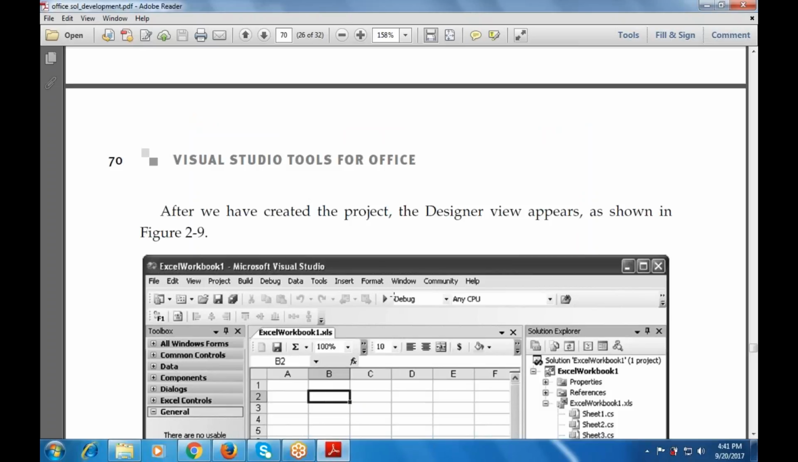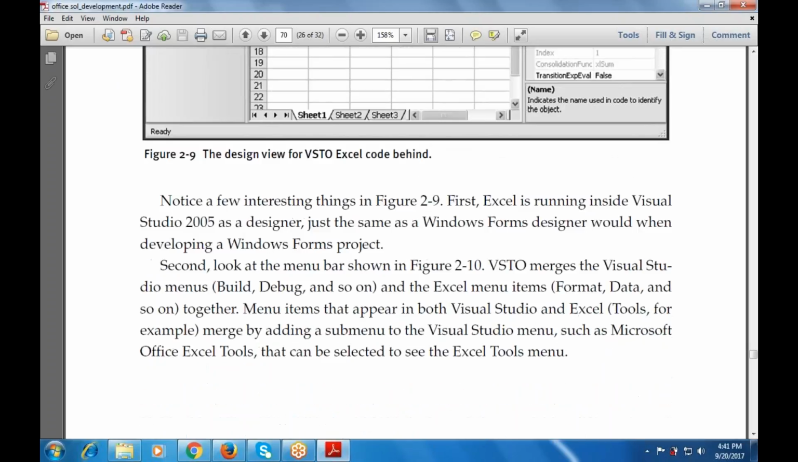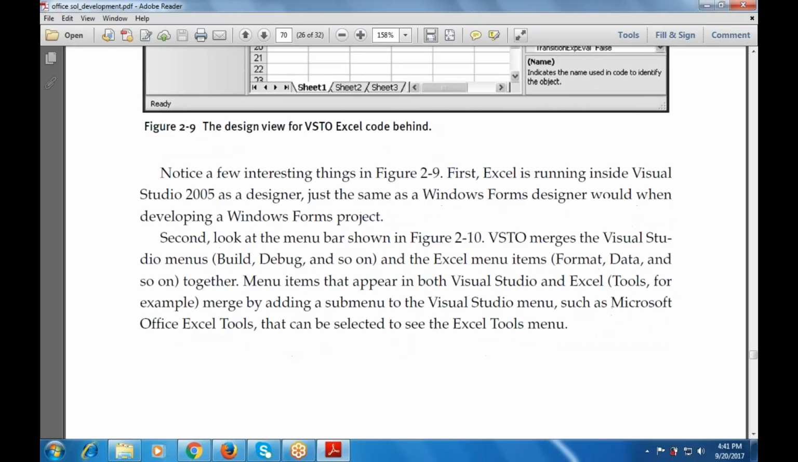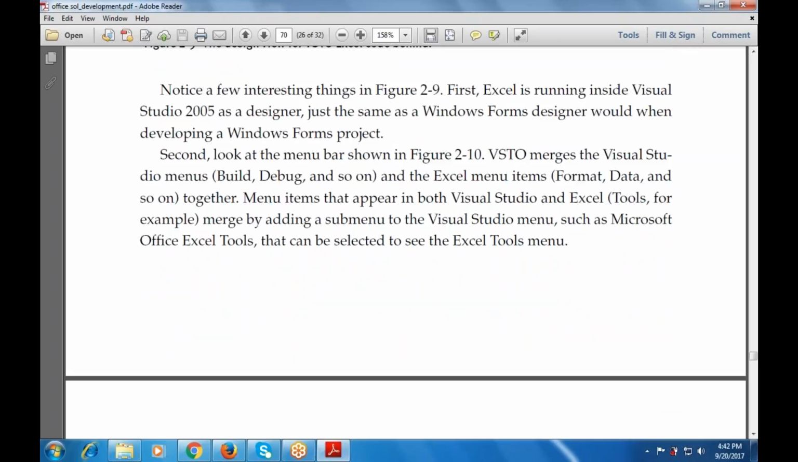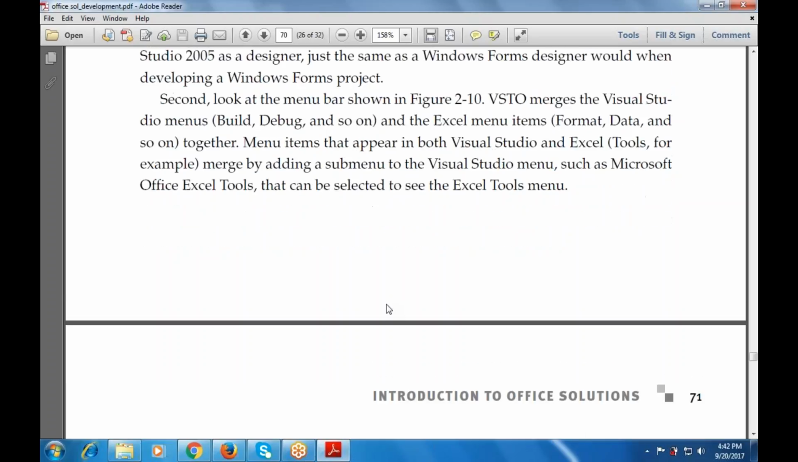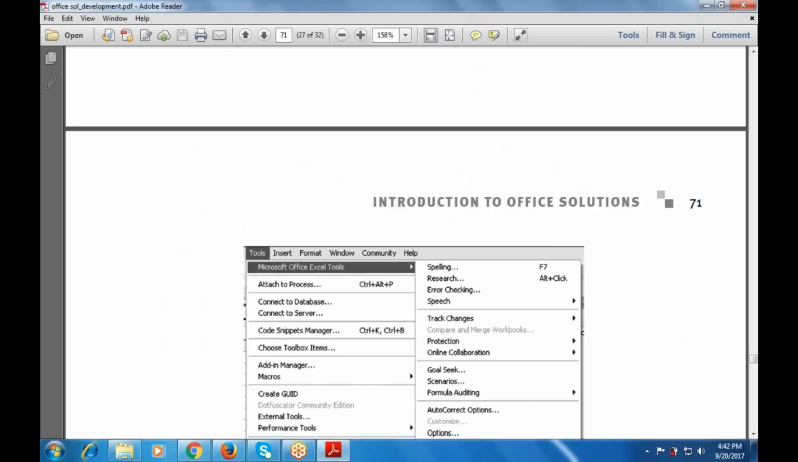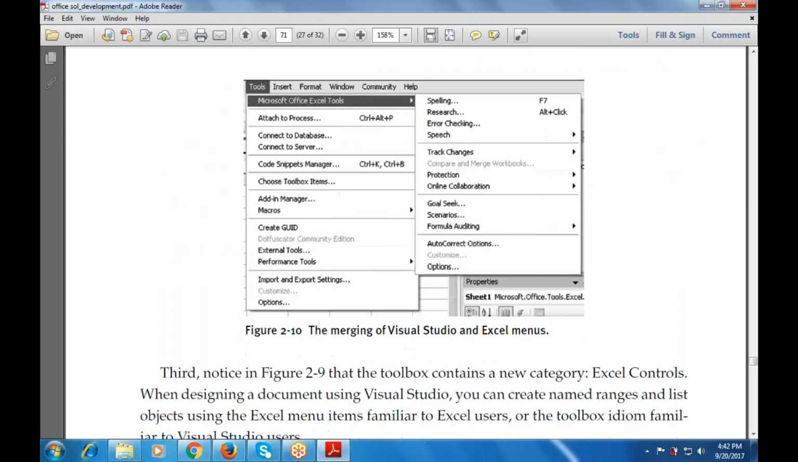After we have created the project, the designer view also appears, as shown in figure 2.9. Notice a few interesting facts: Excel is running inside Visual Studio as a designer, just the same as the Windows Forms Designer when developing a Windows Forms project. The Visual Studio menus are given, with build, debug, and so on. And the Excel menu items such as format, data, and so on are also present. That will be selected to set the Excel tools menu. These are the Microsoft Excel tools: spelling, grammar, research, error checking. These are categorized in